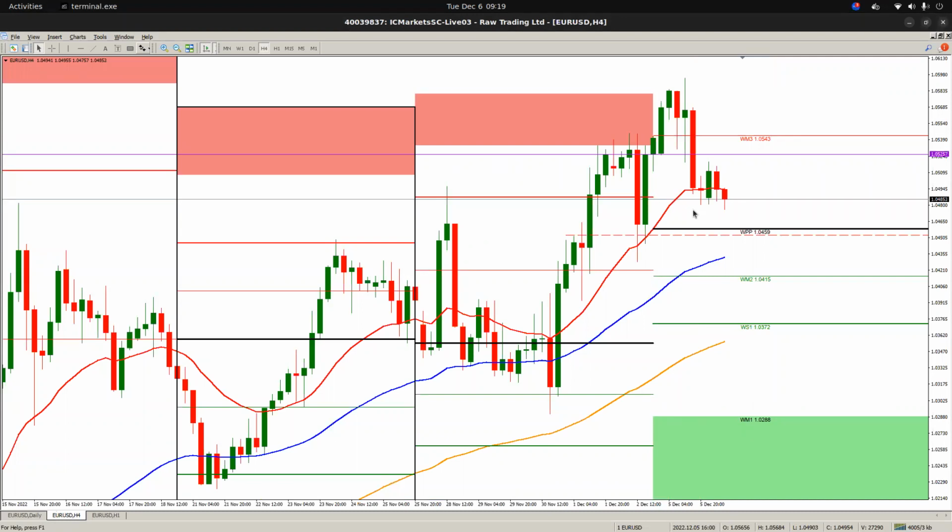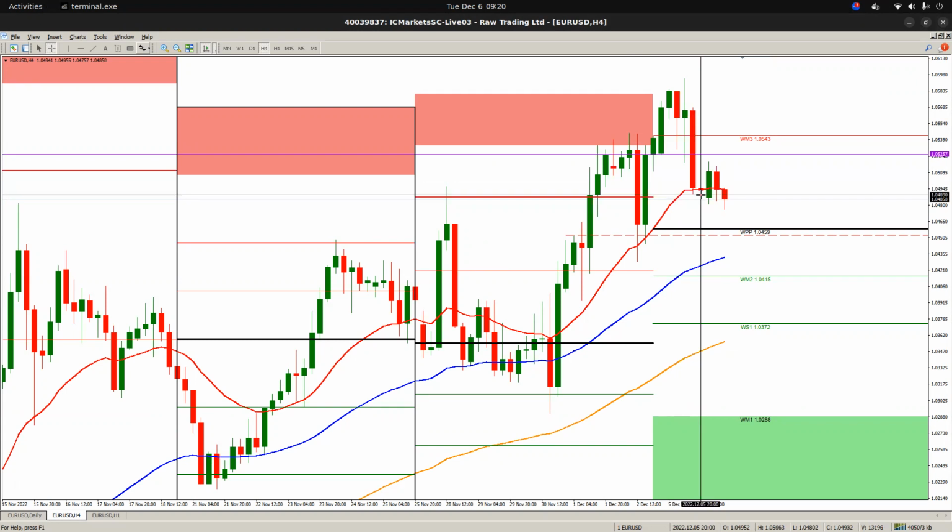The only candles I use in the 4-hour time frame are the candles that precede directly a market open. So what does that mean? It means the 4 a.m. candle, because directly after the 4 a.m. candle is London open. Directly after the 8 a.m. candle is New York open. Directly after the 12 p.m. candle is New York Stock Exchange open. After the 4 p.m. candle, there's no market open, so I'll leave that one alone.